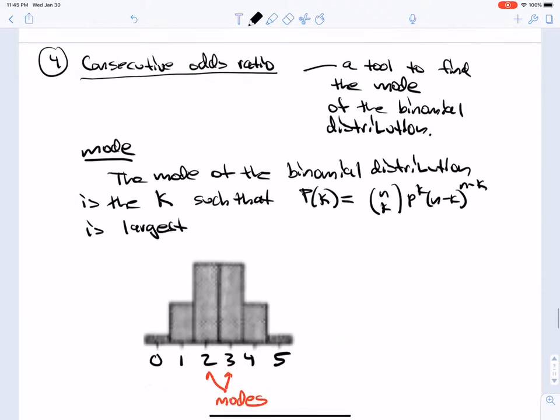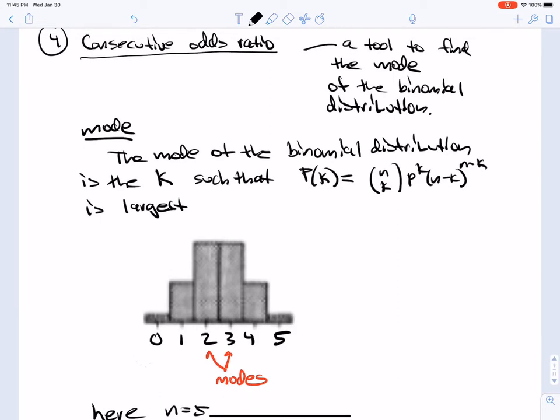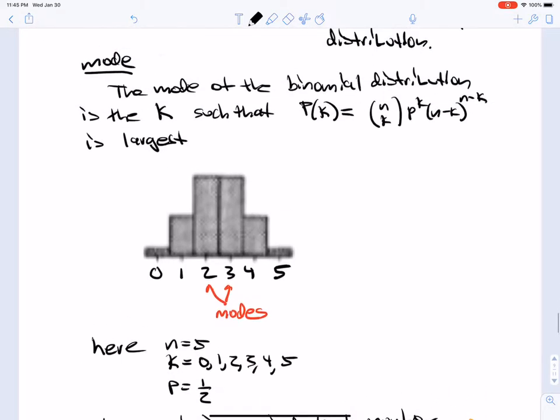Consecutive odds ratio is a tool to find the mode of the binomial distribution. Now the mode is the k such that the probability of k is largest. So here, for example, is the binomial distribution for n is 5, k